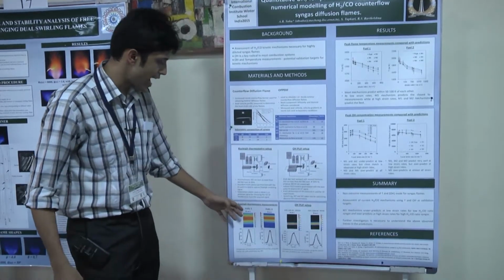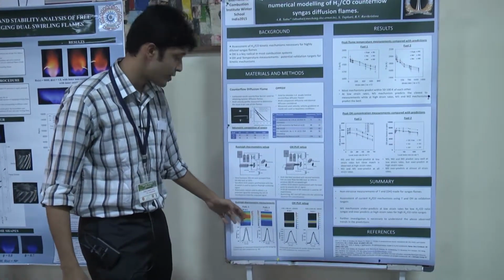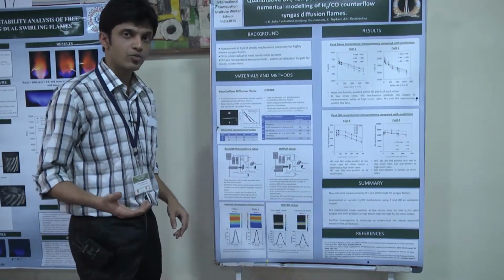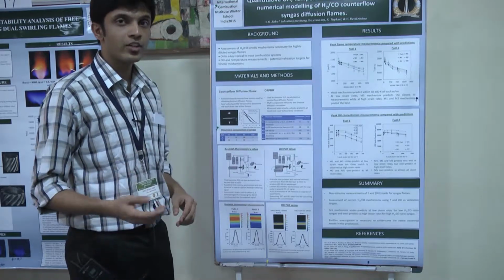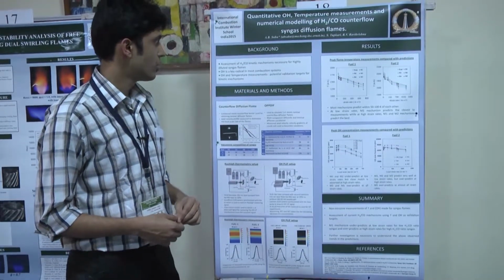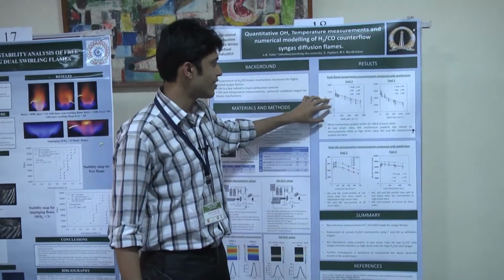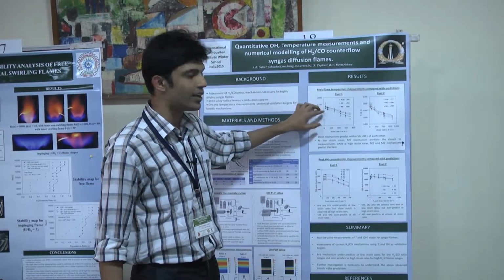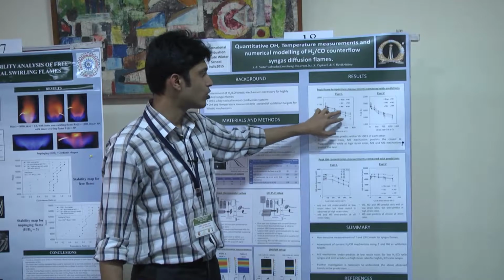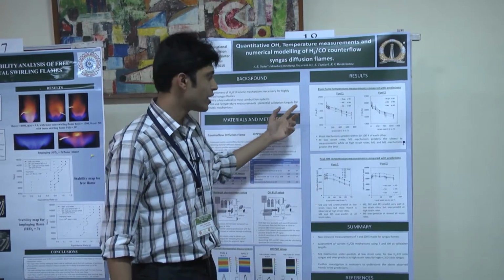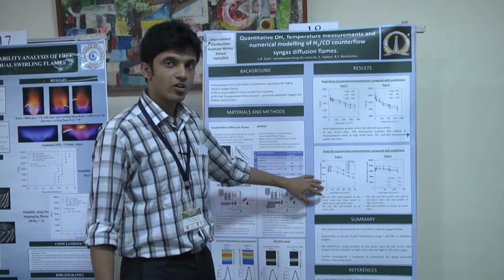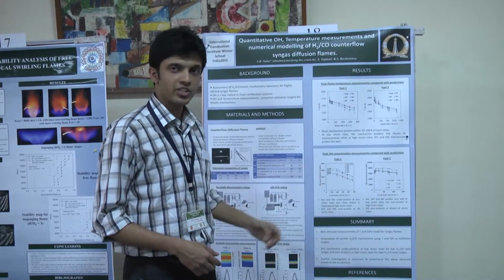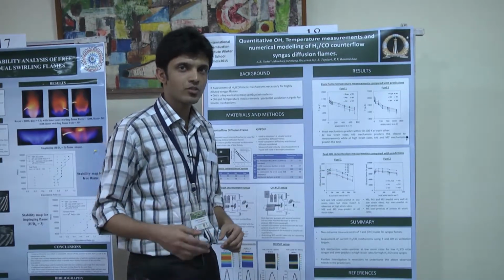As you can see here, we have representative cases for temperature and OH PLIF signals, which have been quantified to get absolute data in Kelvin and ppm concentrations. On the right-hand side, we have compared the experimental data with various mechanisms, and we can see that some of the mechanisms do pretty well at low strain rate conditions but fail to do well at high strain rate conditions. Similar observations were also found in OH measurements. Right now we are analyzing the results and understanding the trends of these predictions so that we can improve these mechanisms in future work.